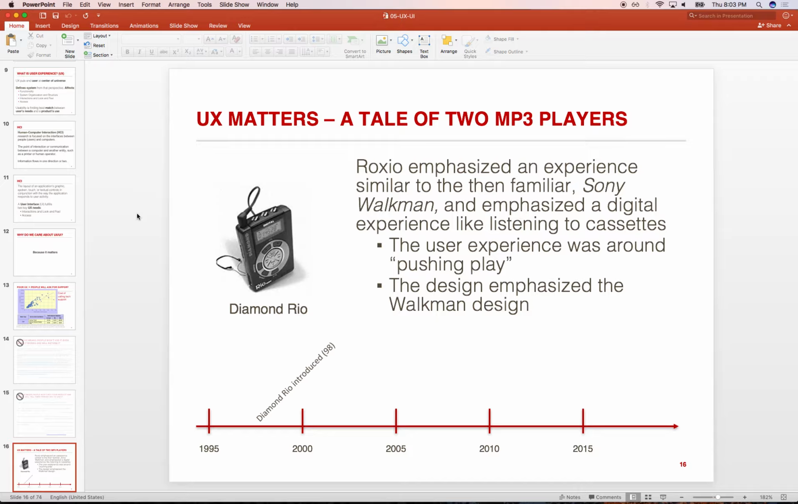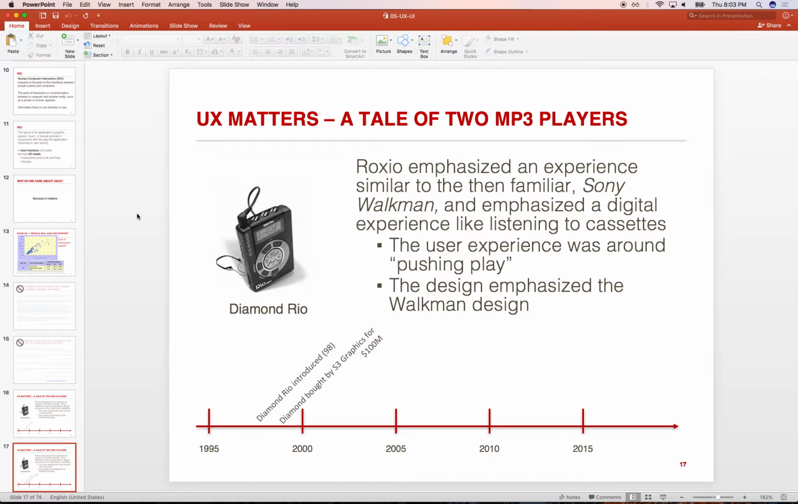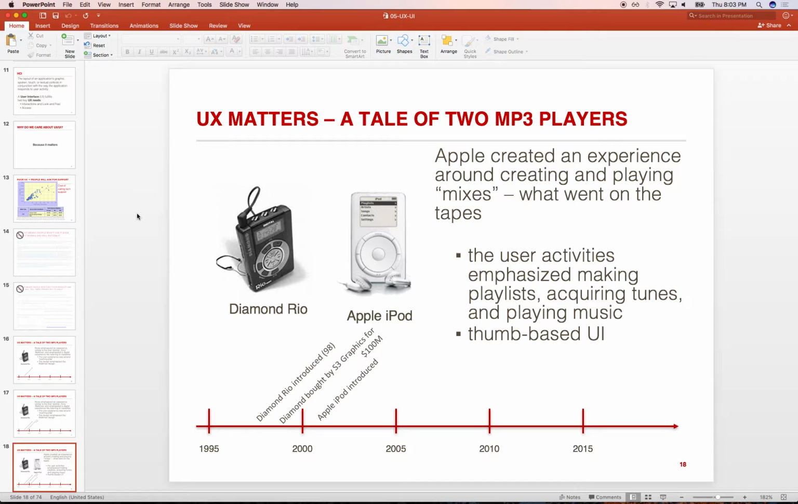The Rio seemed to be very promising, and they were already on. I think they made a good first assumption of using or designing something on top of something that was already familiar. Right, everybody was familiar with a Walkman. This just was a digital version of a Walkman, and it really was doing very well up until somebody else